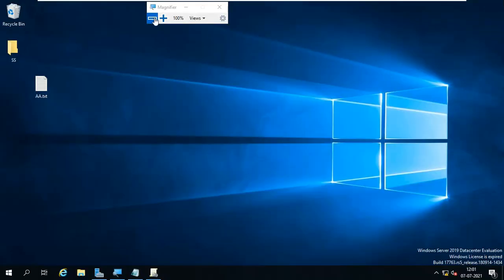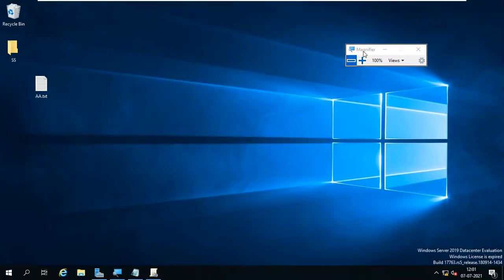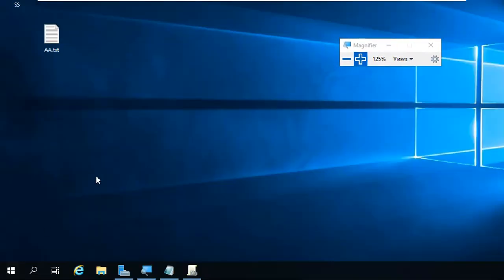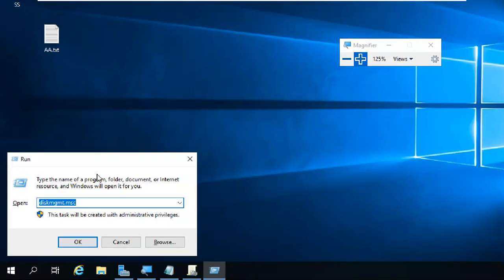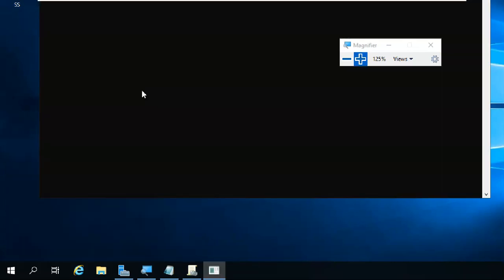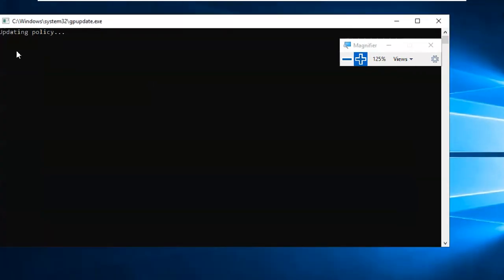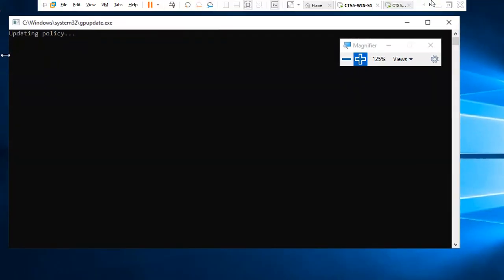So I created a policy, edited the policy, and linked the policy. What is the final step? Update the policy, then verify the policy. So I'm doing updating. Yeah, server side it will always update successfully, no problem.